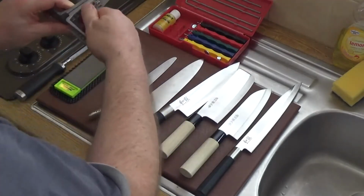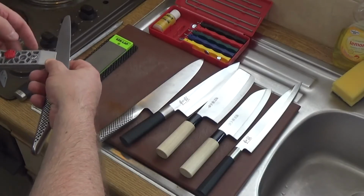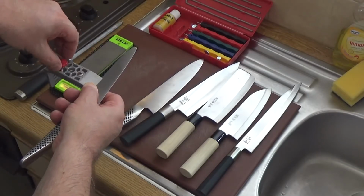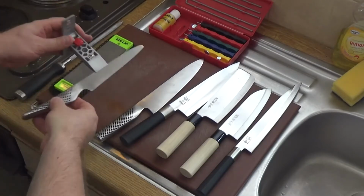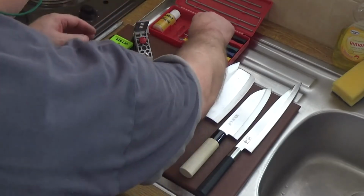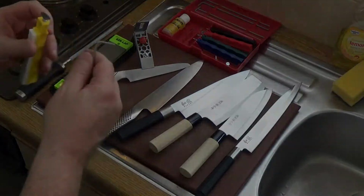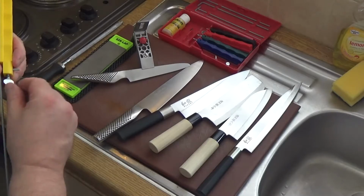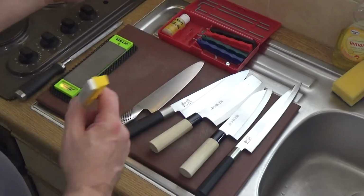So let's get that going. And we put it in about halfway down the blade, and then we tighten that up. It's very hard to show you this one-handed, but that will do. And I'll just put that there. And in the case of this one, then you feed that into there like that, and then you take your blade. Now,